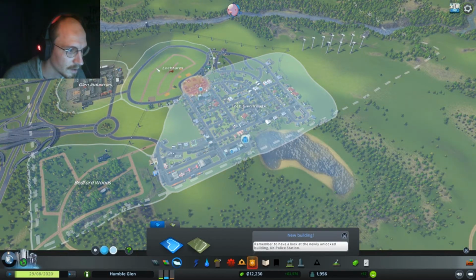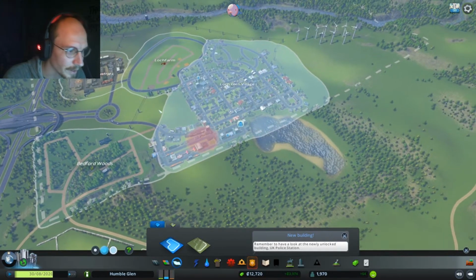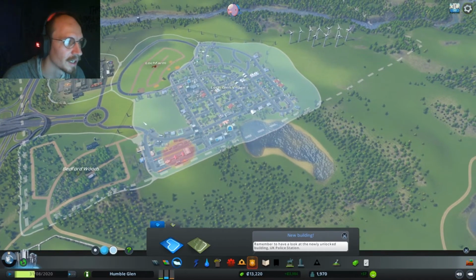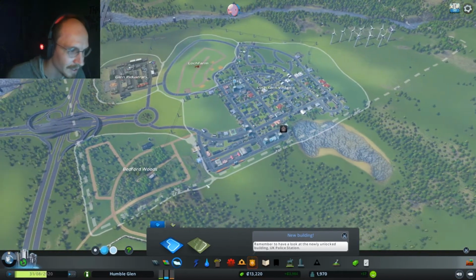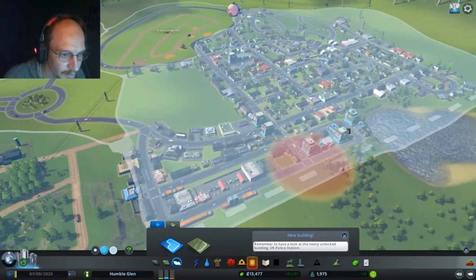Need to just... because this is probably going to be the extent of Loch Glen as a village now. That's probably going to be it. I don't really want to go much larger with it, because then it becomes not a village, and I want it to stay a village, Loch Glen. Like I said, this little bit here will have stuff in it, but...